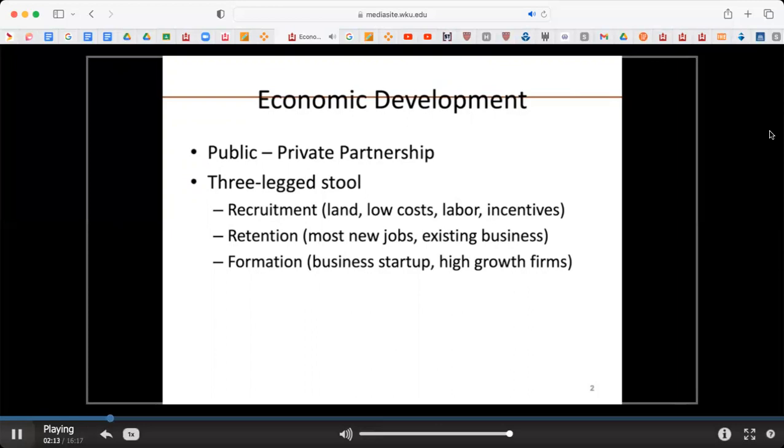And typically the work is what is often referred to as a three-legged stool, and that is recruitment of firms to come into the community that can provide job opportunities and economic development opportunities for the region. This is done typically using the location quotient that we will look at here in a moment. And it's really driven around low-cost competitiveness these days.